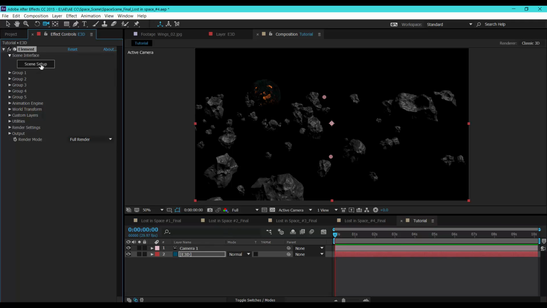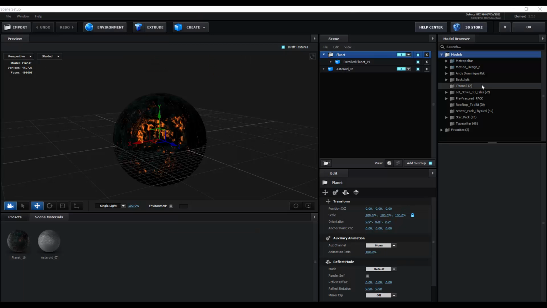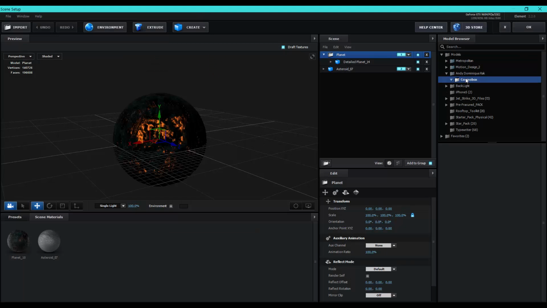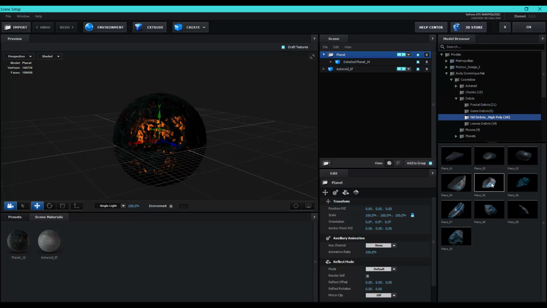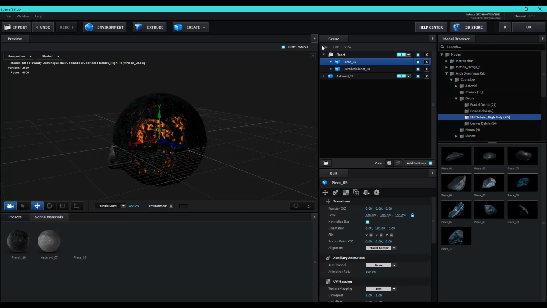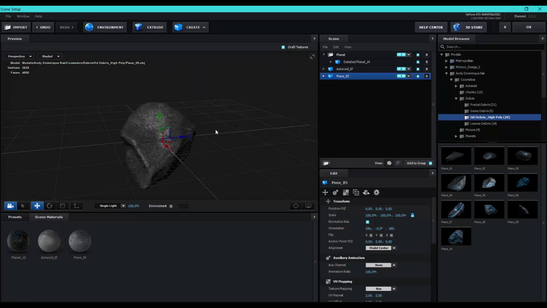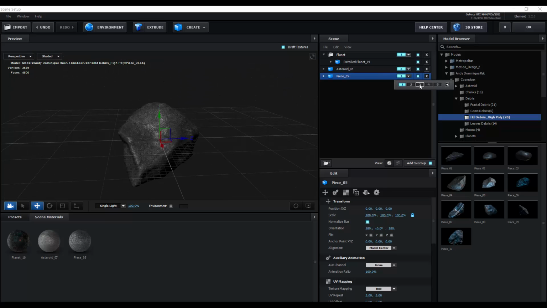So let's go back to the scene setup and choose another model this time. Go to the debris and choose this one and drag this out, and let's put this model into group 3,